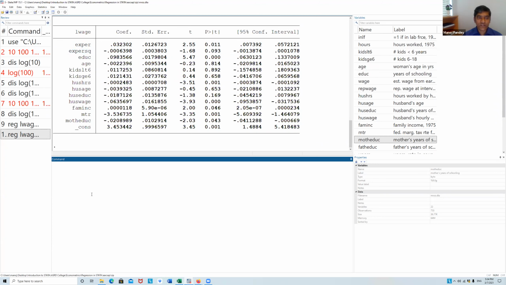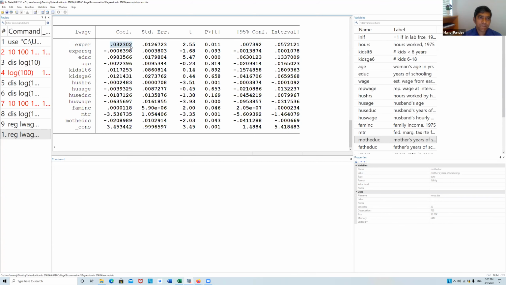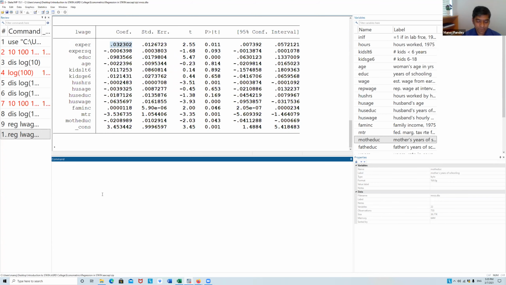So basically, if you just have some derivation of delta of log of wages with respect to experience, you will basically get this number here, and then minus 2 times, because if this is squared, right?